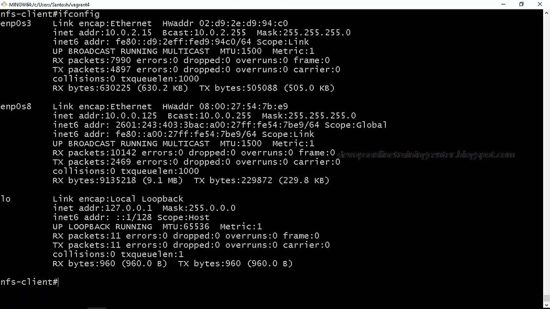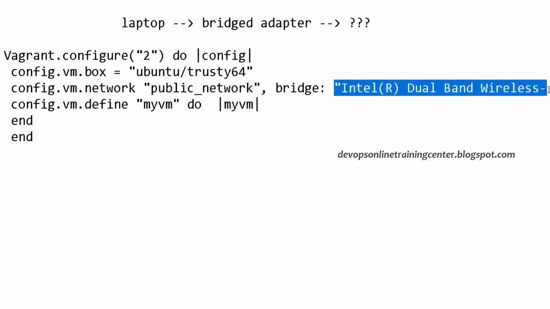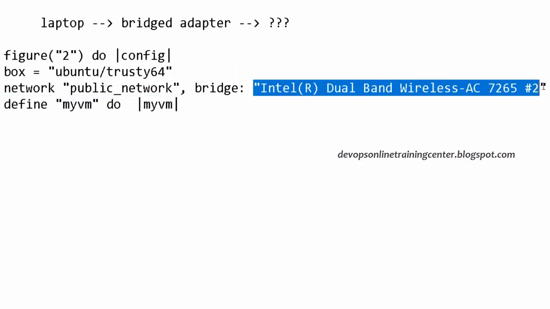So we have a VM and it has two adapters. This is the NAT instance, which is private IP. This is the public IP. With this we can access the internet. Is this clear? How do we get the public network on the interface? First, we need to create a Vagrant file. In the Vagrant file, we need to add an entry config.vm.network public_network, comma bridge. This bridge information is different for different laptops, right? This is the wireless adapter for the laptop. Now we need to get this information.